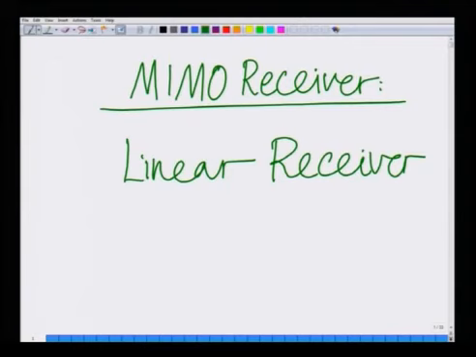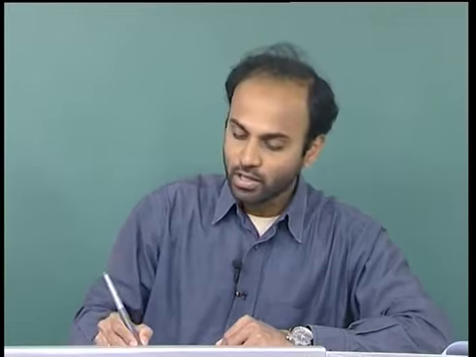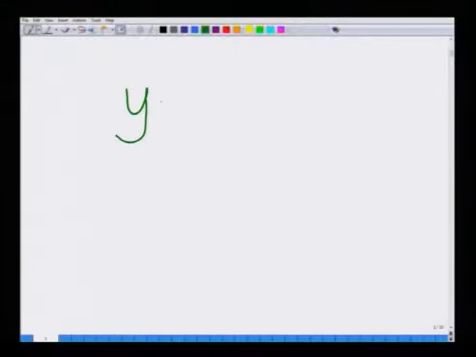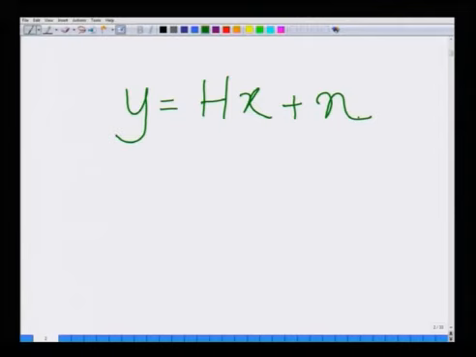And the first one I want to talk about is, for instance, let us consider a MIMO wireless communication system which is given as y equals Hx plus n. I am going to refer to that model again, we have described that model in detail. So, I am going to use that model subsequently. So, please familiarize yourself with this model, because we are going to keep using it frequently. So, the MIMO system model can be described as y equals Hx plus n. As we have seen, x is the transmit symbol vector, y is the receive symbol vector.